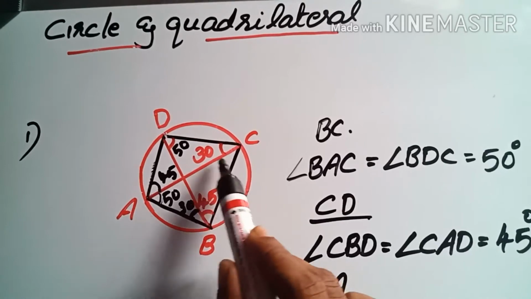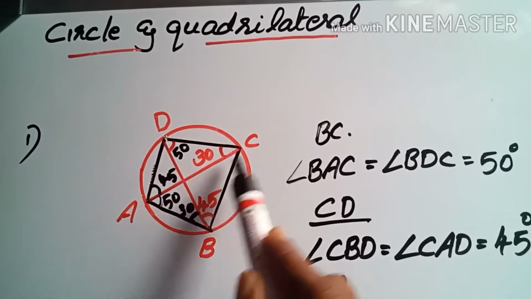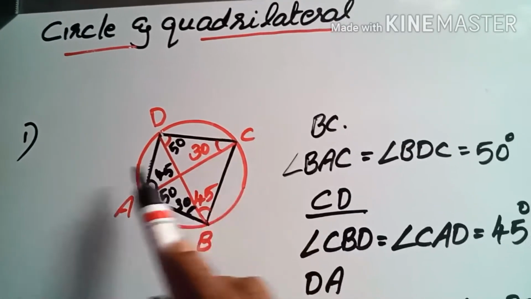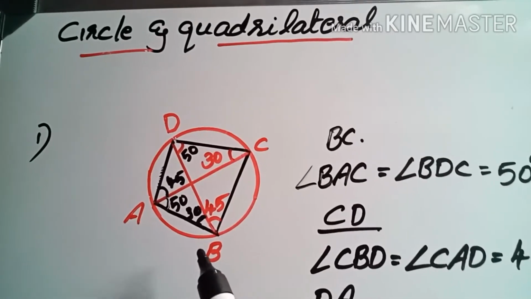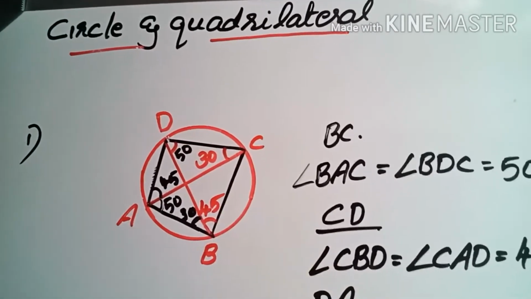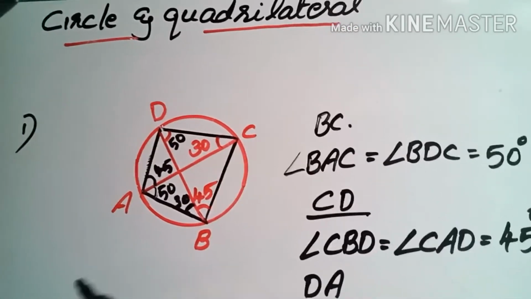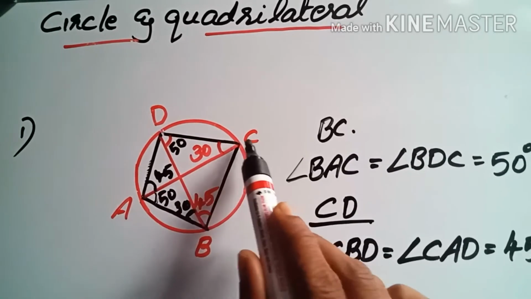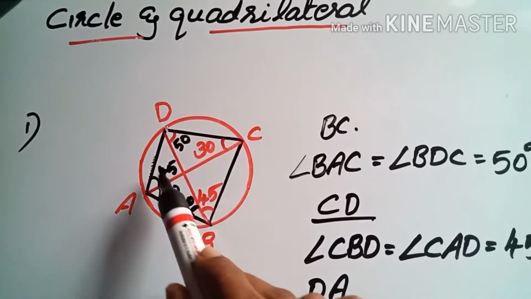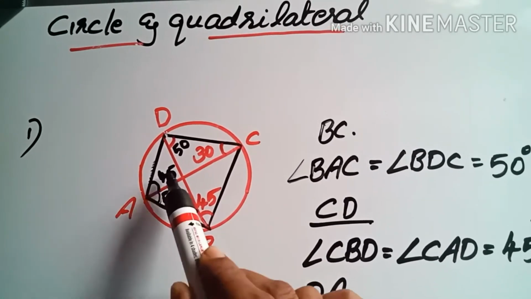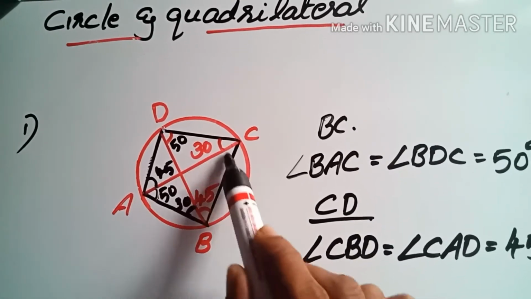Next, these two are the missing angles, angle ADB and angle ACB. These two are in the same arc, but we can't apply that here. For that, we learned that when all the vertices are on the circle, opposite angles are supplementary. Now if we consider angle A plus angle C, what will it be? Supplementary, that is 180 degrees. So in this, the sum of these two, 50 plus 45, is 95. 95 plus 30. Now one more is missing here.